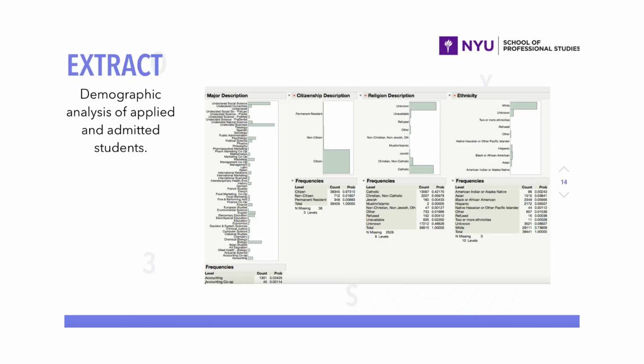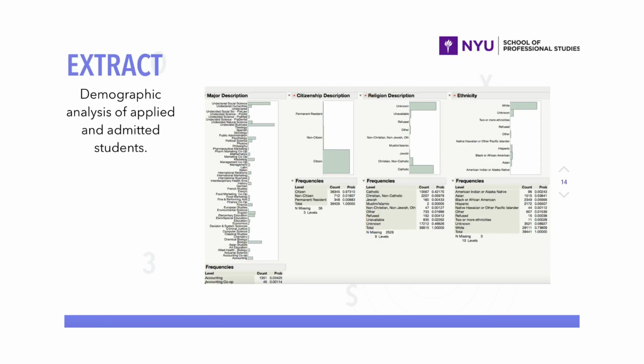We found that the majority of the applications come from the East Coast of America, such as PA, NY, and NJ. This shows people on the East Coast are more familiar with our school than the people on the West Coast. The majors students applied to mainly focus on undeclared social science, undecided business, and biology. Most of the applicants are citizens, which shows that the students who want to attend this school are mainly